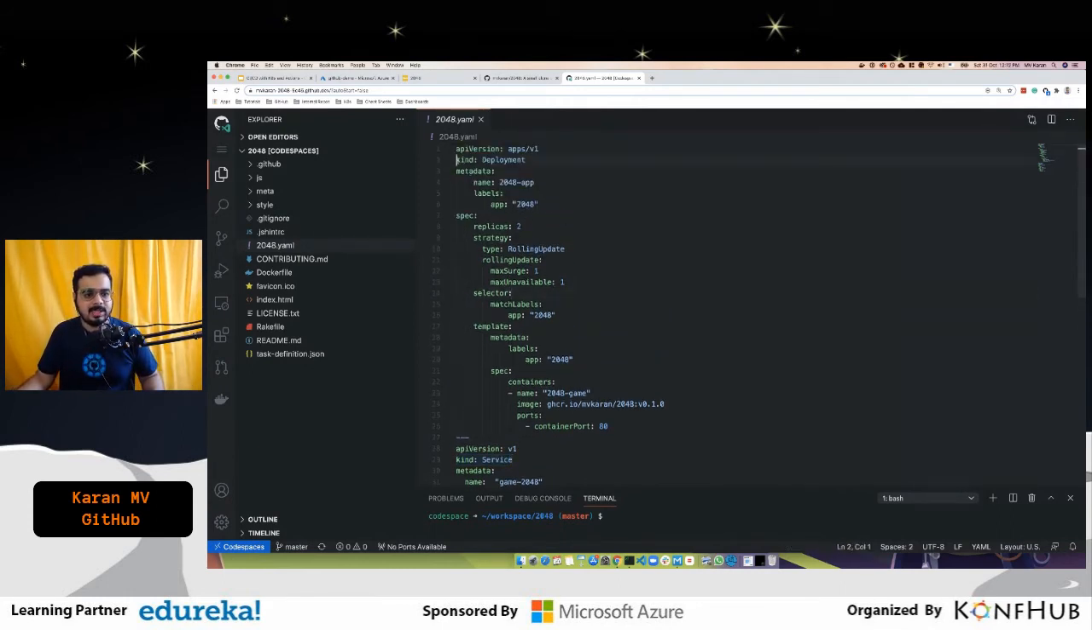So you can see here it's a kind called deployment, which means it's a deployment object. The name of the deployment is 2048 app. So the specification for this deployment is two replicas, which means it's going to run two pods, and the deployment strategy is a rolling update. So basically that means that,